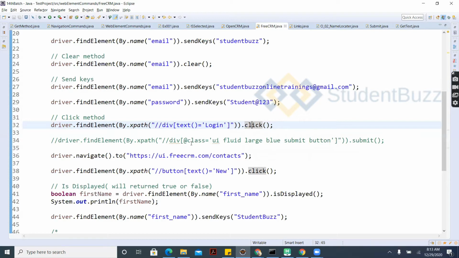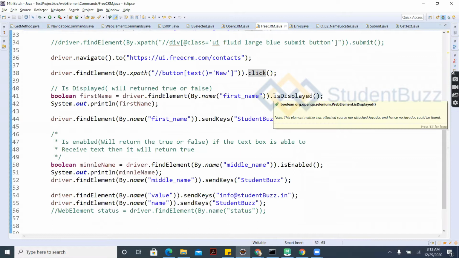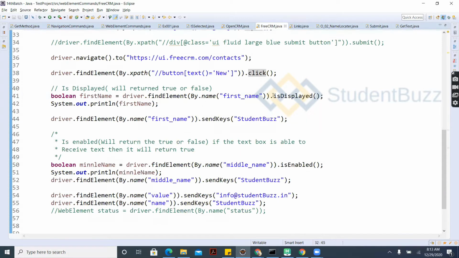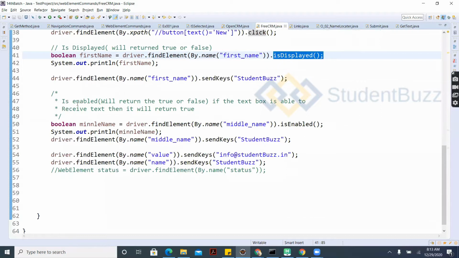Okay, so isDisplayed is going to return true or false. It works on whether it is loaded into this page or not, whether it is there on this page or not, whether it's visible or not. So it works as isDisplayed, and it returns true or false. If it is true, then it is loaded, and if it is false, then it is not loaded into this particular page. And isEnabled again,